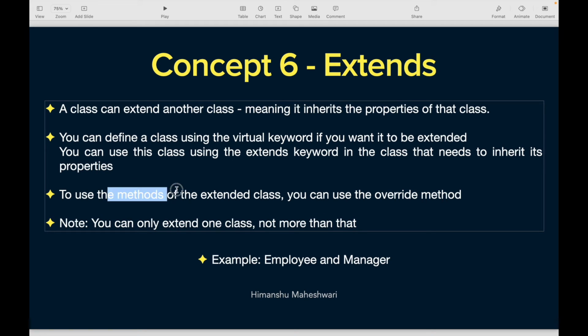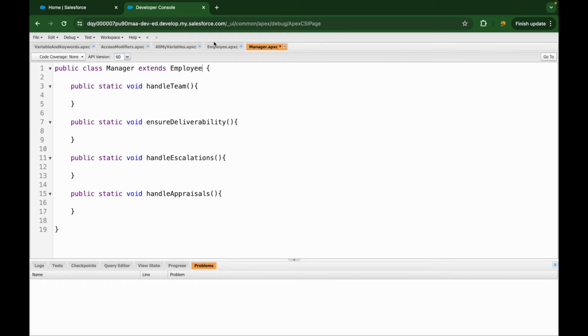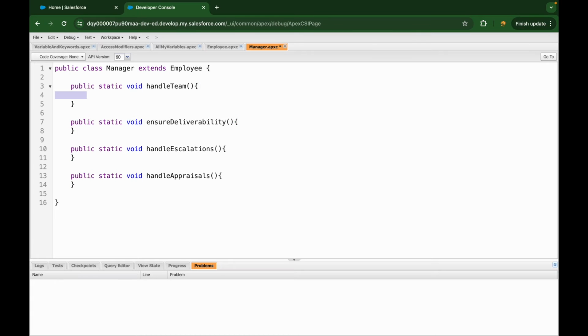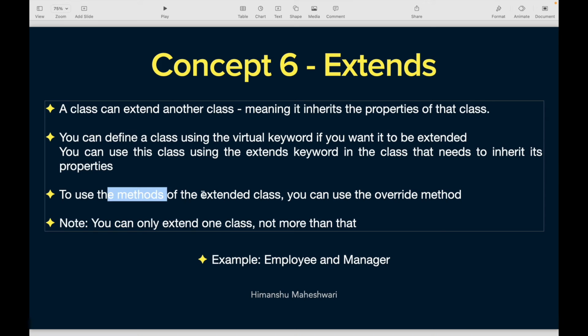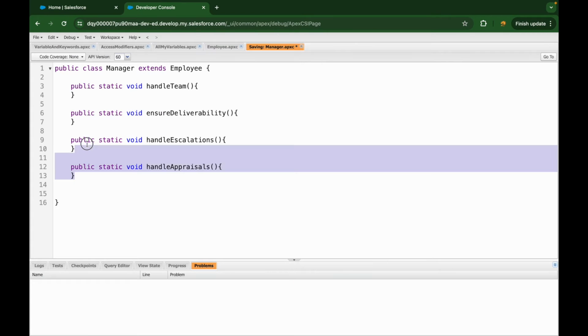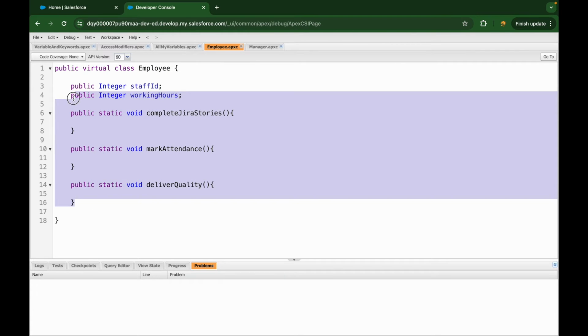And if you want to use the methods of the extended class, you can use the override method. So the manager should also be able to do the things that the employee does, right? So we can override those methods by calling them here. So now if you want to basically use the methods of the extended class, you can use the override method, right? So the manager is capable of doing these 4 things extra, but the manager is also able to do